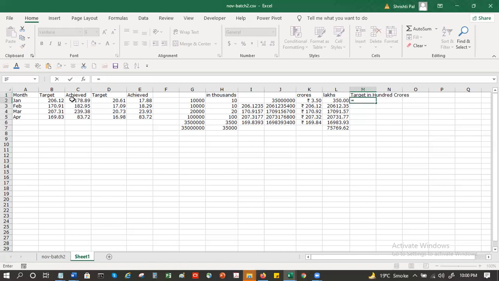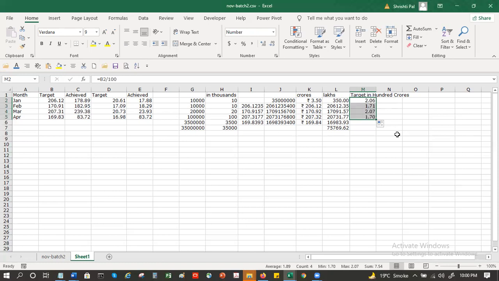And this amount that you are having, you divide it by 100. Suppose you wanted 2 decimal places, reduce the number of decimals. Yes, I can change it here. And now if I drag this and drop it here, all my numbers will come in 100 crores.